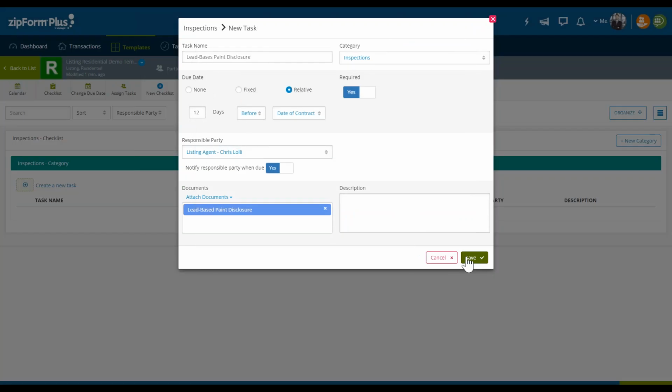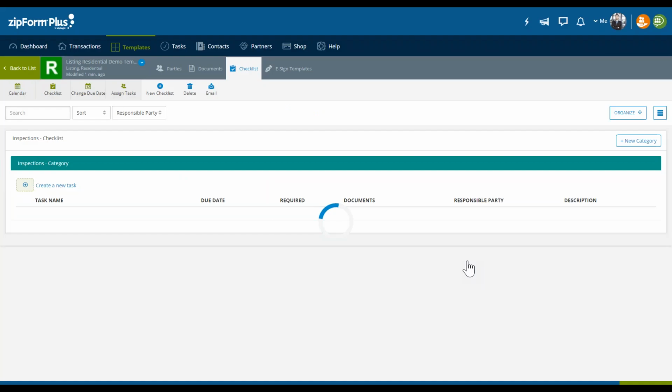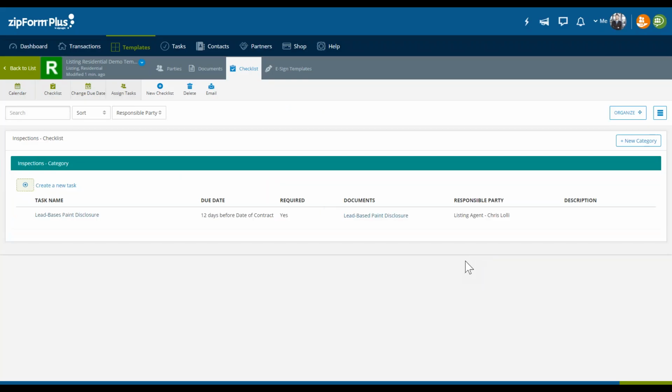Now I'm physically adding this document to this task so I can reference it and I can actually see either how complete it is or what the progress is on that particular document. Maybe I need signatures to be done. That's the only thing left. Well, I can click on that particular document and see what's going on.